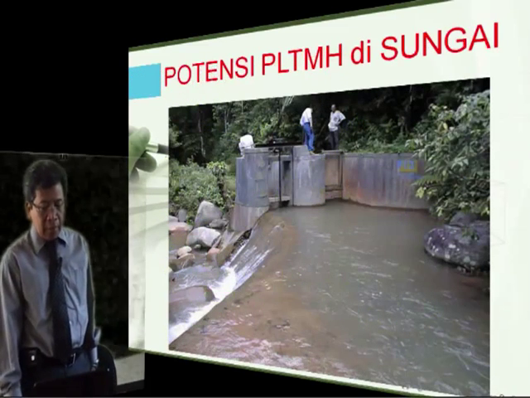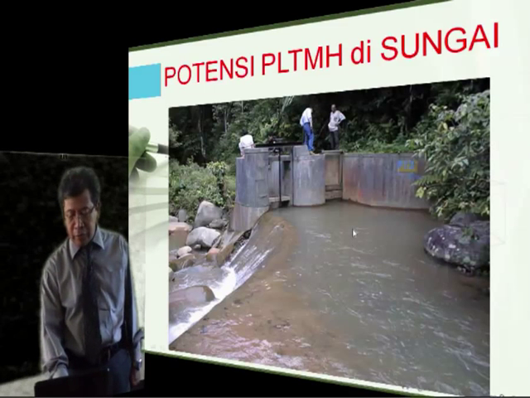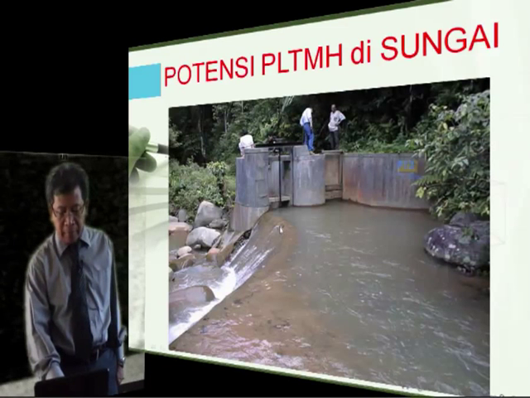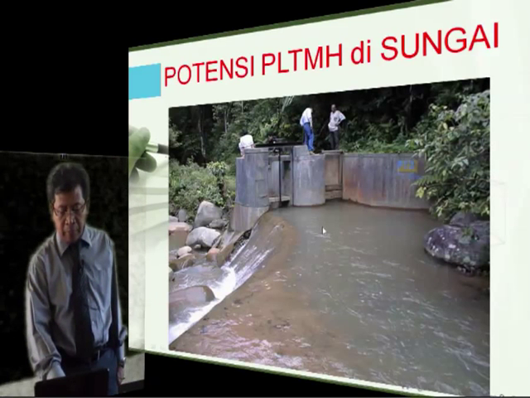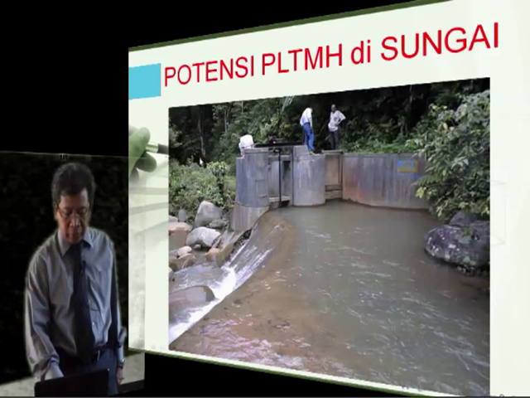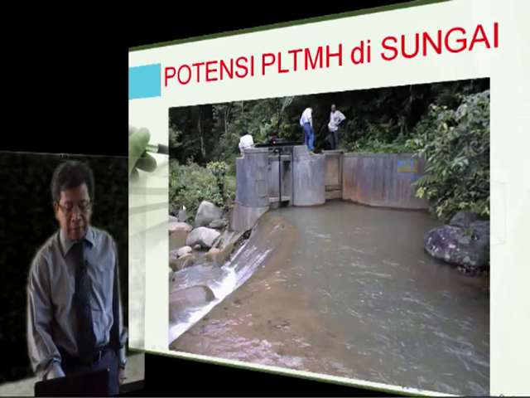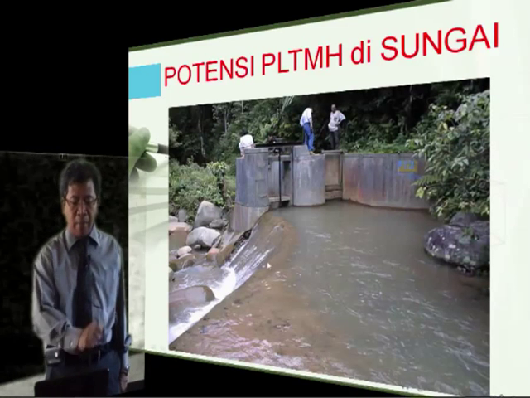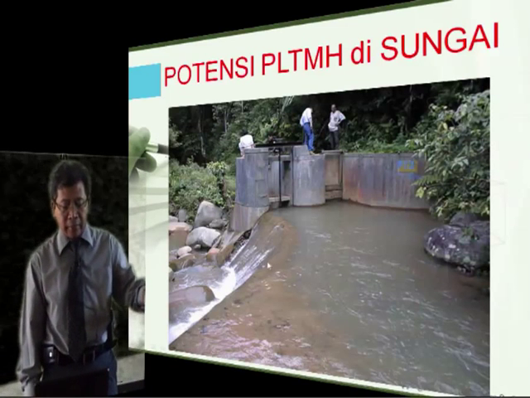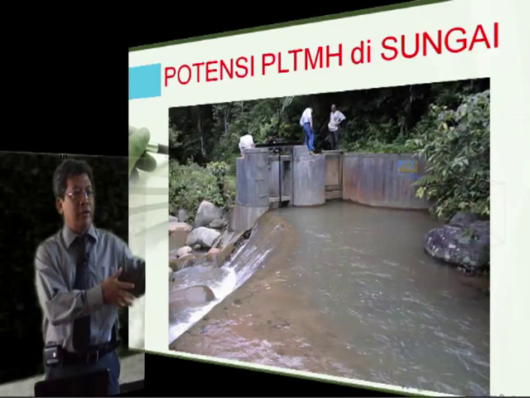Good. The potential of microhydro in a river, something like that. This is a river, and you just make a small dam, and you have an intake here. From that intake, you can bring the water to a certain place where you have enough head. Then you can produce microhydro in that place. It's very easy. And from here, you get one microhydro point, you go down again about 2 or 3 kilometers, you can find another place, make a dam again, and so on, and so on.